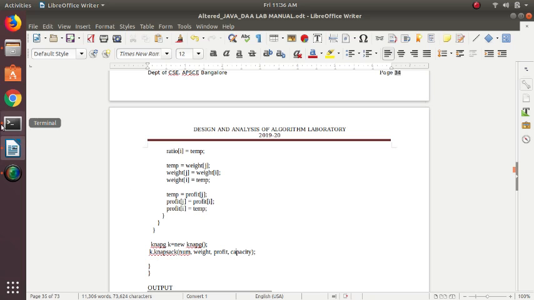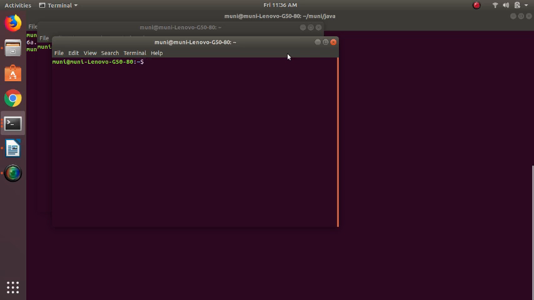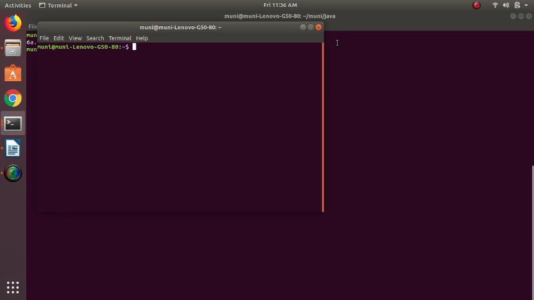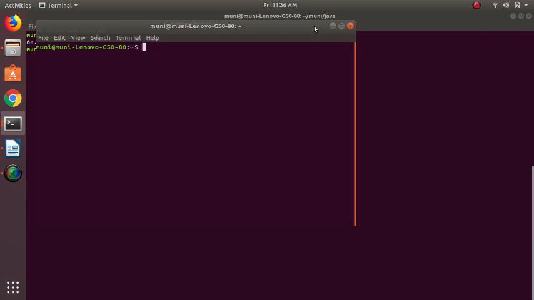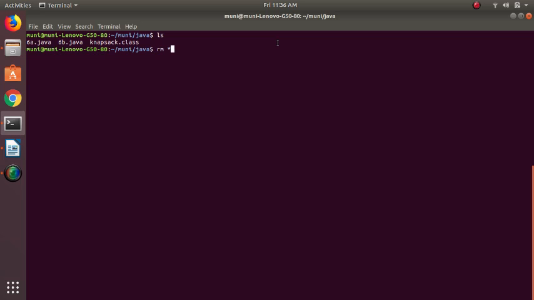Now let us try to execute this program. Again I have the programs 6A and 6B. I remove the class files that belong to 6A by using rm star dot class.